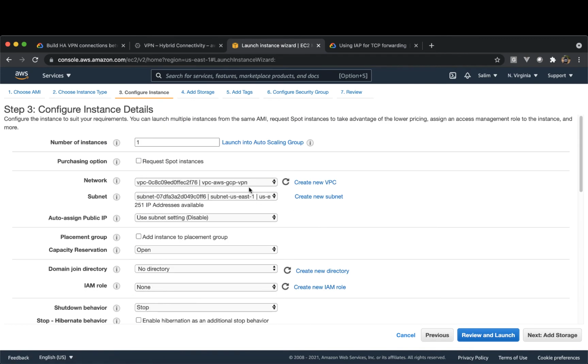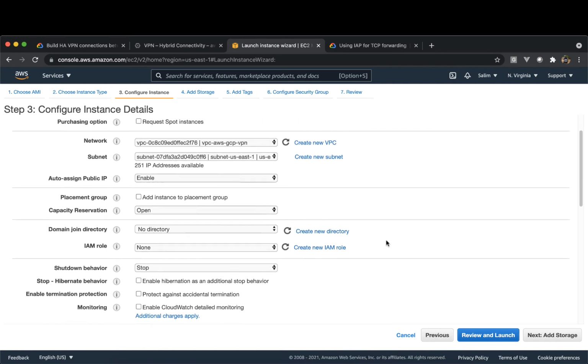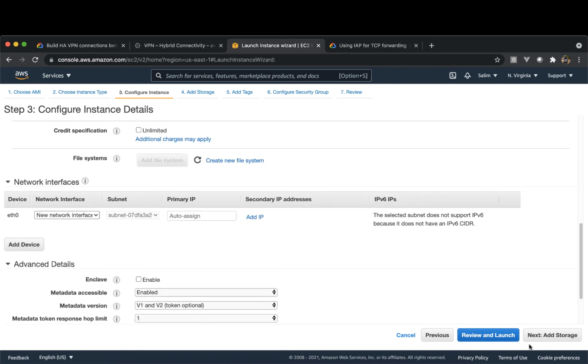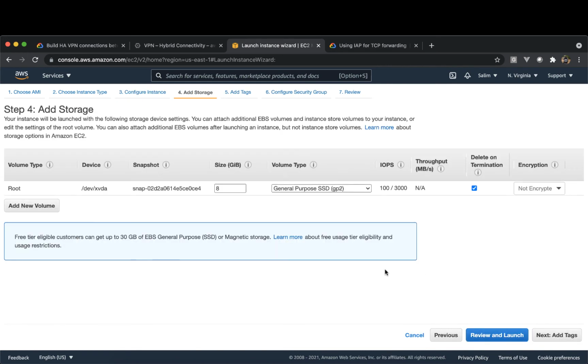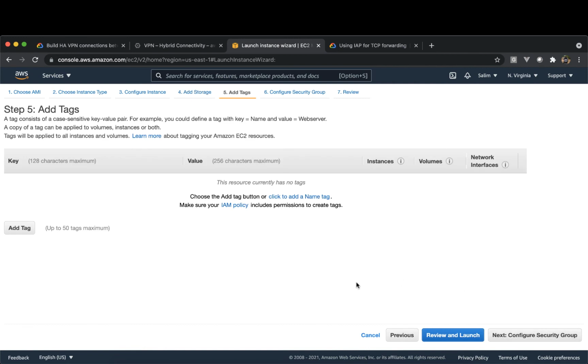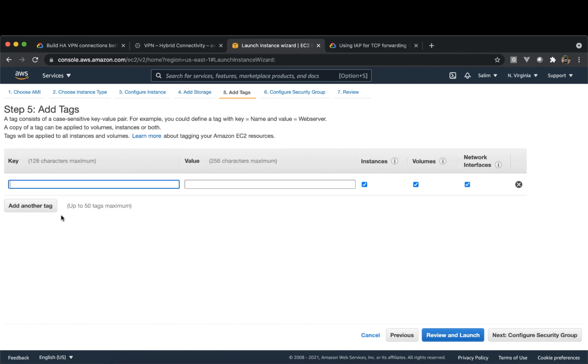So we changed VPC. There is only one subnet in the VPC, so we are good there. And you can see in the subnet setting, auto assign public IP is disabled. I'm going to just enable that because I'm planning to show you something, and that is good. And click on next. Storage is good. Add the tags. If you want to add the tag, just add the tag